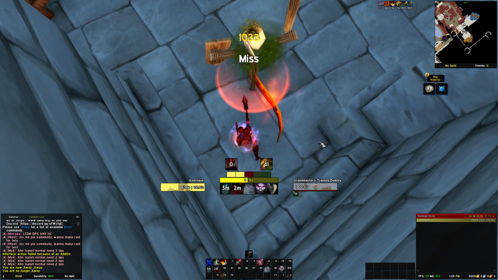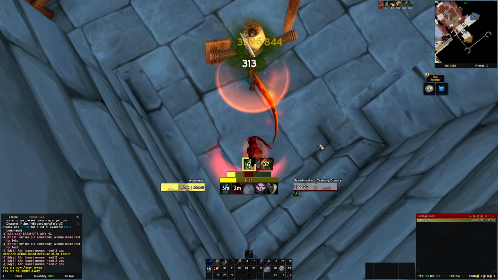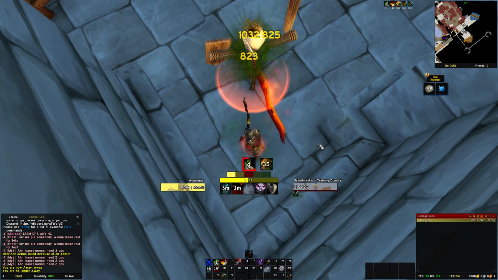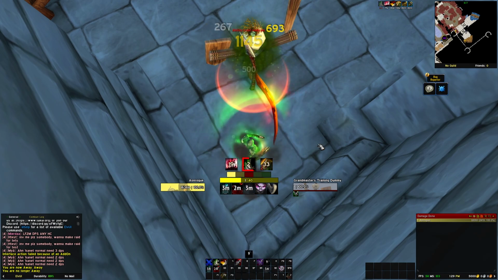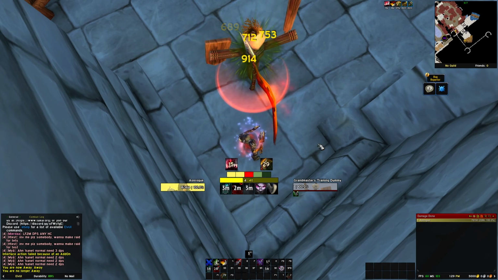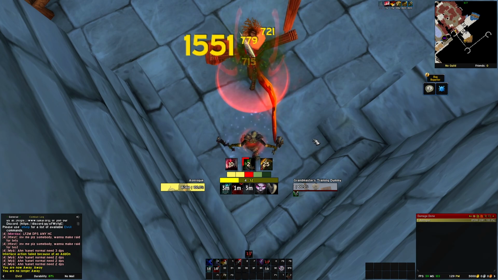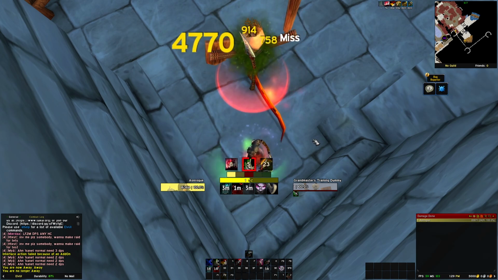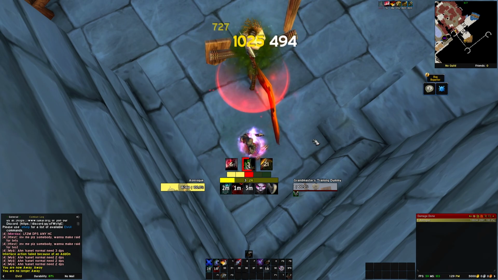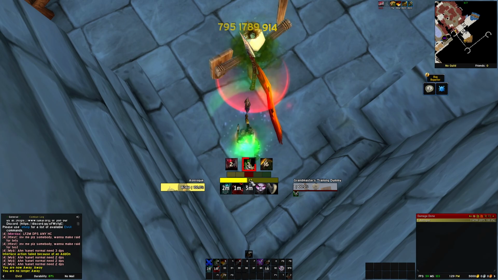So, rotation. The first thing you do is open from stealth. You either Ambush if somebody in your group can apply a bleed, or you Garrote if nobody in your group can apply a bleed. From there, you apply Hunger for Blood. You want to maintain this 100% of the time. It's a flat 8% damage increase with the glyph on, and you want to Slice and Dice at 2 combo points. From there, you'll basically just be spamming Mutilate to generate combo points and casting Envenom on 3/4/5 combo points